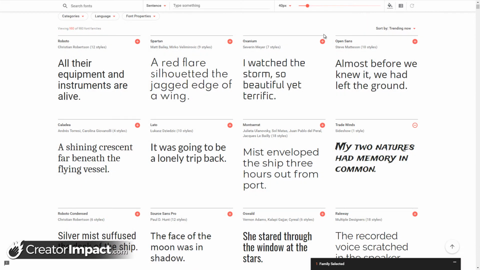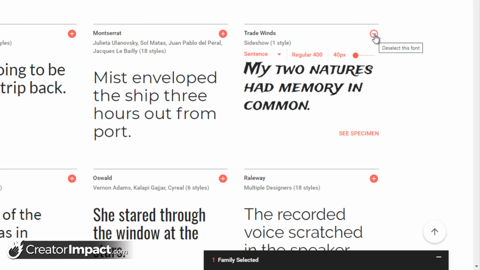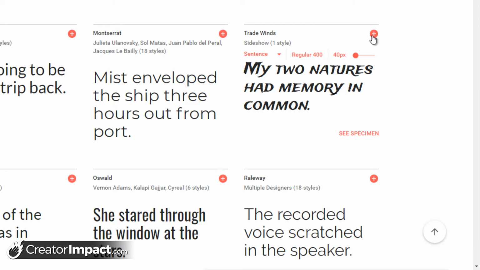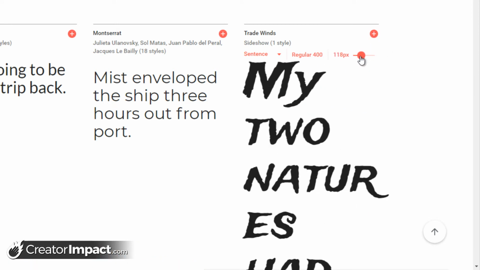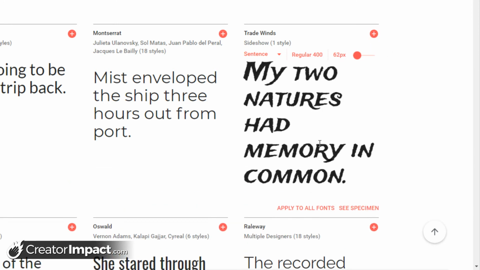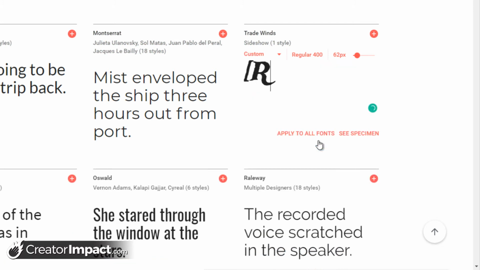Now it's quite simple. I can go through and select a number of fonts if I want to here and there, but because I've selected this one, I can even remove it. I can see how large it is, and have a look. I can try out, maybe I'll see what the word primal looks like. Highlight it, type in primal. I think, yep, that looks pretty good. So yep, I add that font by clicking the plus symbol,